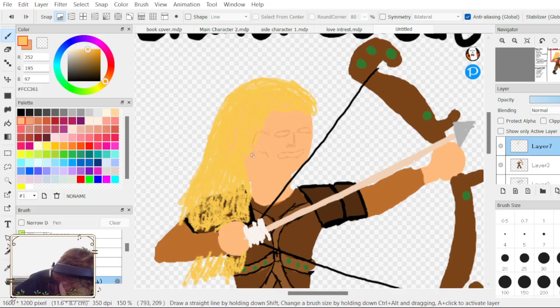I guess I'm still using the pencil. I'll fill this in a little bit more. Oh, no, it is on the right color.